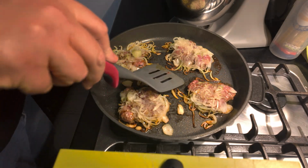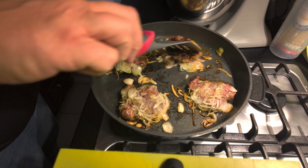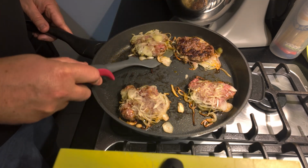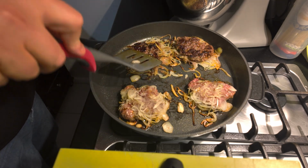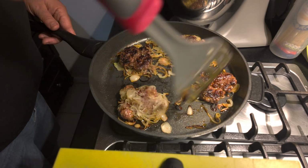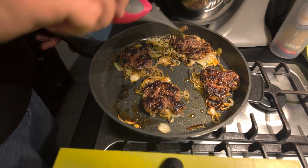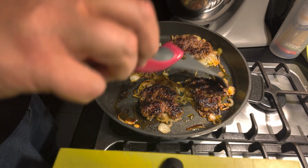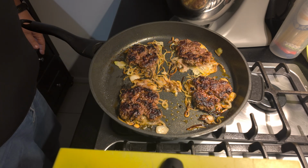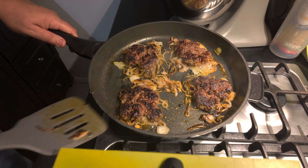Okay, so the 4 minutes is up. Not touched these at all, so they should have a nice crust. And it's a quick flip on there. There we go, nice crust on there. Quick flip on there. And again with this. And again with this one. A nice crust. So about 3 minutes on this, and then